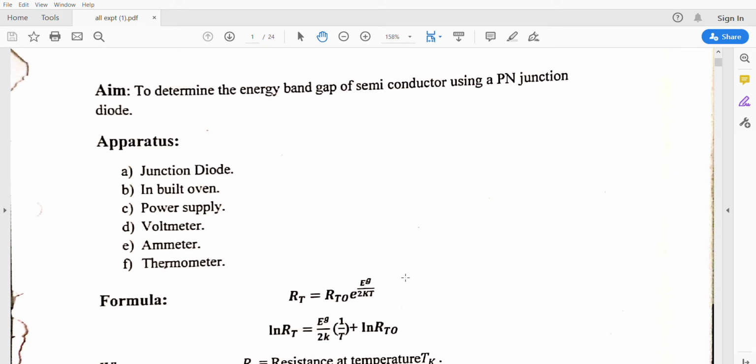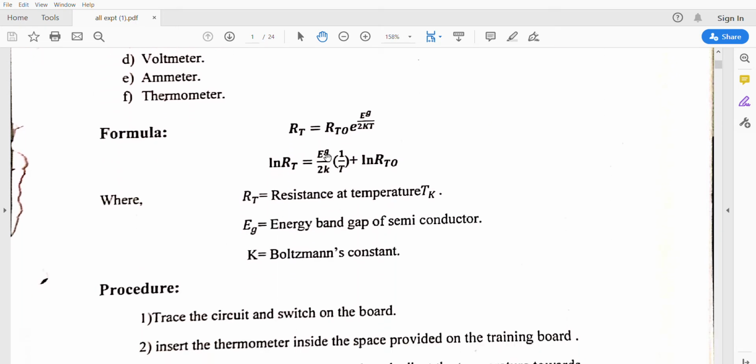So the main formula we are using here: using the resistance, we can calculate the energy band gap because there is a relation between the resistance and the energy gap. As we already know, there is a relation between the conductivity and the energy band gap. In the same way, the reciprocal of conductivity gives us the resistivity. This relation represents that resistance is related to the energy band gap. That is, resistance at temperature T is equal to resistance at temperature 0 times e power Eg upon 2kT. This is a basic fundamental formula of semiconductors used to understand the changes in the energy band gap with the changes in the resistance by varying the temperature.